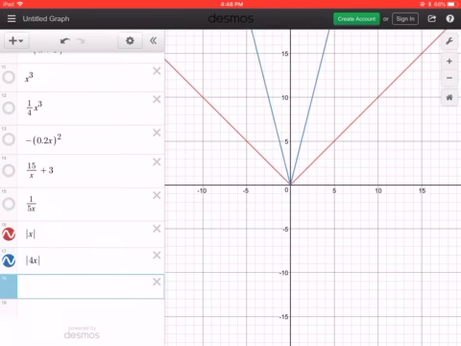And when I put it on, it's skinnier, okay? So really what you just need to know is that if A is greater than 1, your graph is going to get skinnier. And if A is less than 1, your graph